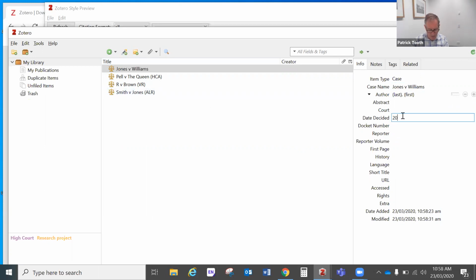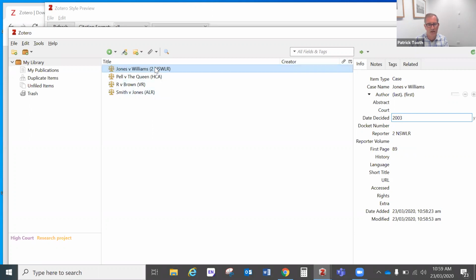From say 2003. So a reporter, we would normally put New South Wales Law Reports, first page 67, say, let's make it 89. We can't put our volume number here. So if it was volume 2, for example, we just have to type it in front of the reporter name in that reporter field. And that will sneakily show us, it'll look as if it's a volume number in our citation, even though it's not coming from that reporter volume field, and that will preserve the square brackets around the